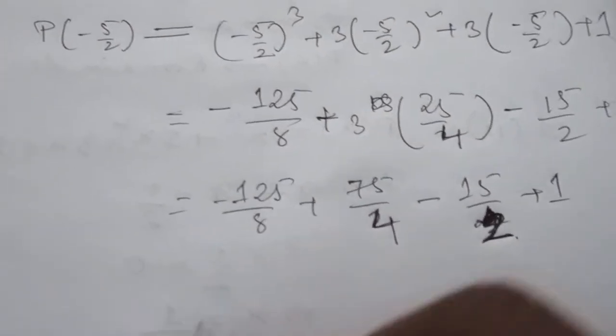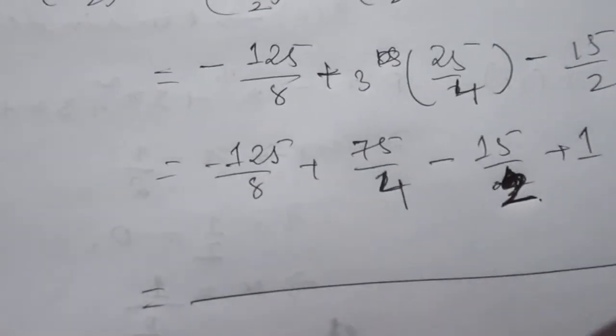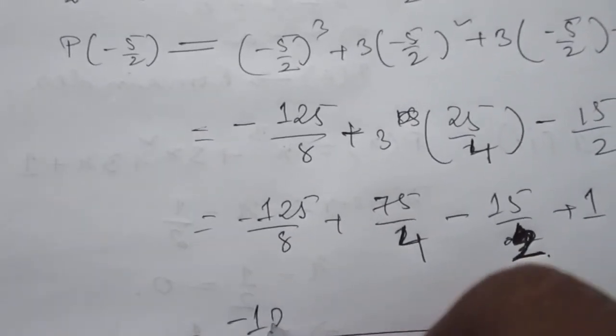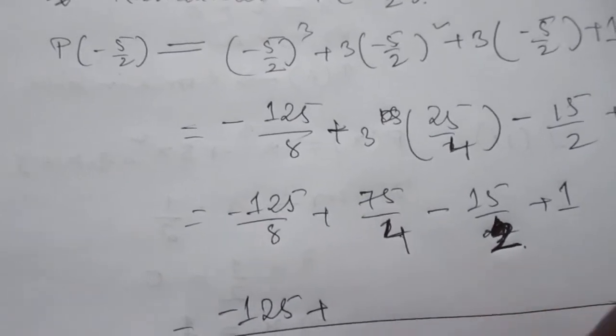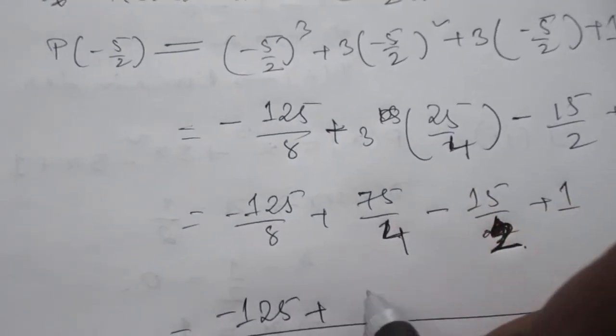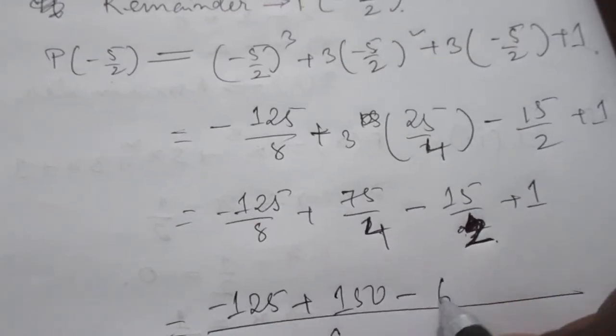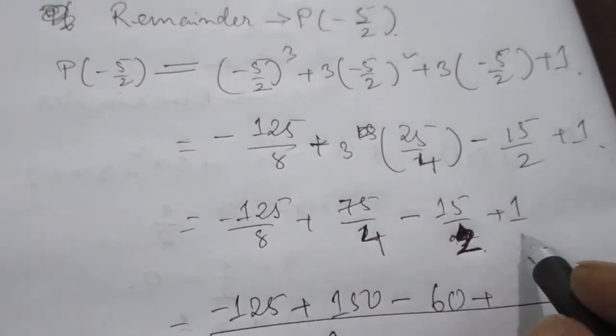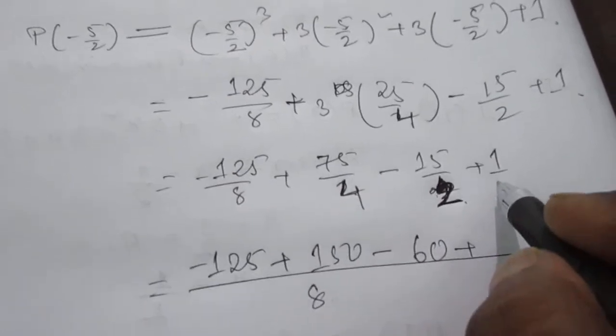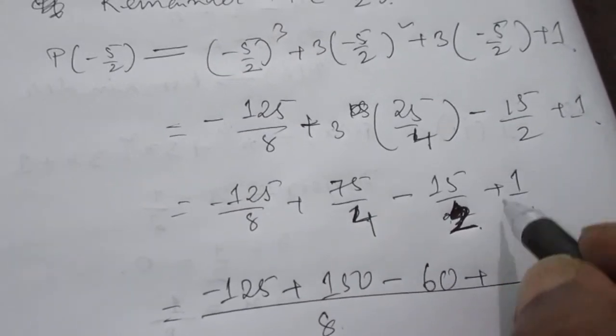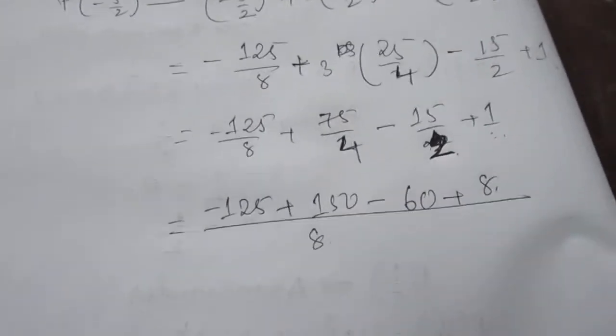Okay, now what will be the LCM? 8. So here minus 125 plus 4 twos are 8, 2 into 75 is 150 minus 2 fours are 8, 4 into 15 is 60 plus 1, here the denominator is 1, 1 eight is 8, so 8 ones are 8. Okay, so now